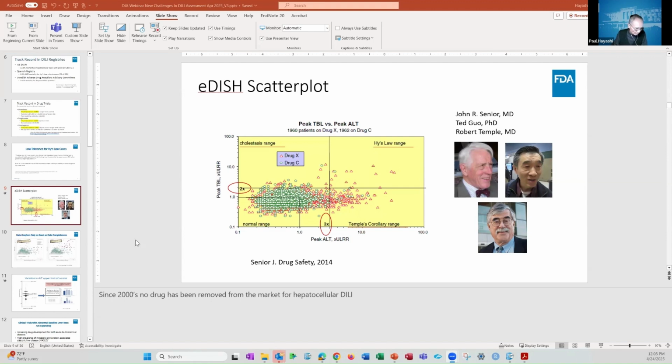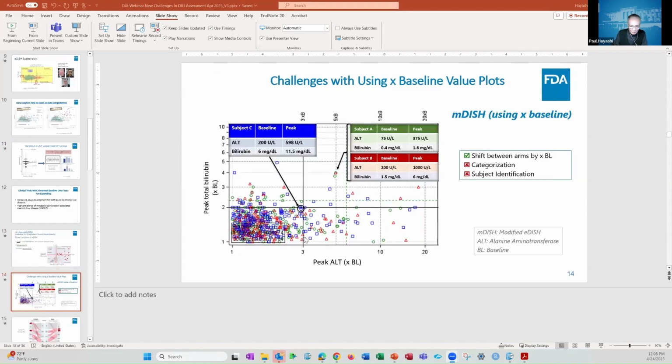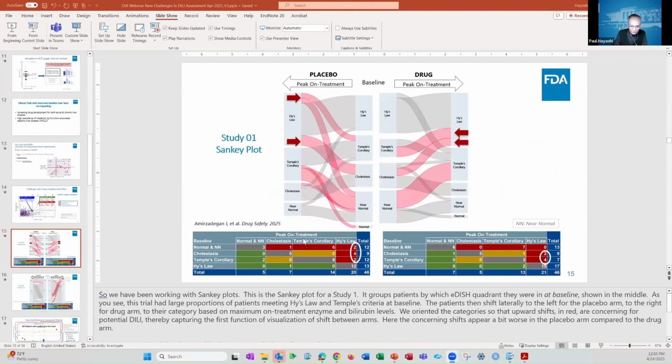This one is the Sankey plot, plot 1. How would you use that to contextualize the shifts in the active arm? Oh, I see. I think what you're saying is, some of these events in the active arm, what happened? Why did they do this? Because it's not as bad as in the placebo arm. And he's asking, is this disease progression?